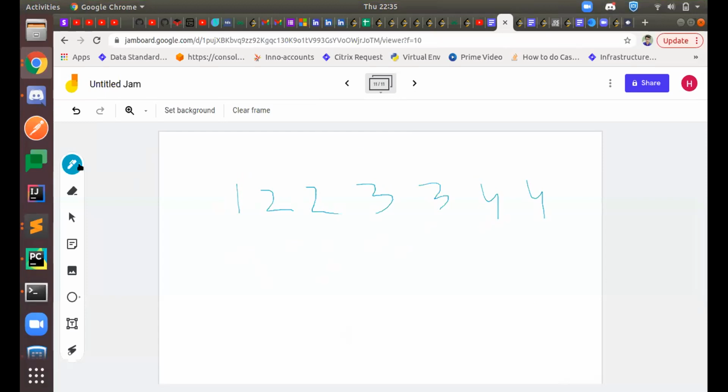Okay, go ahead, Harshit. So this would be the mid, right? 3. So what I was thinking, just find out the sizes of this segment and this segment.